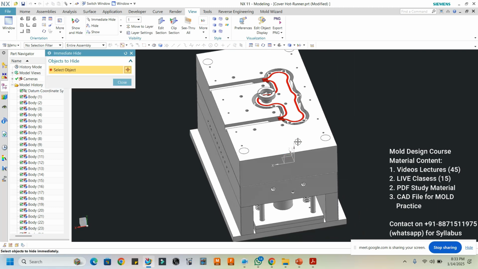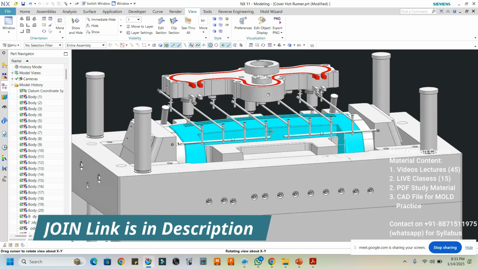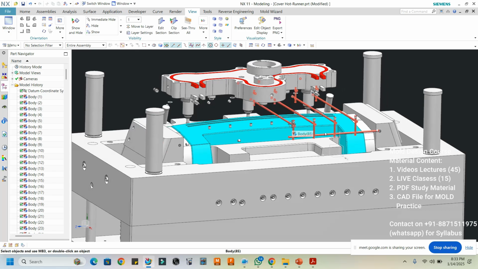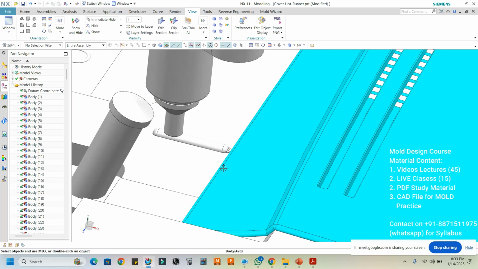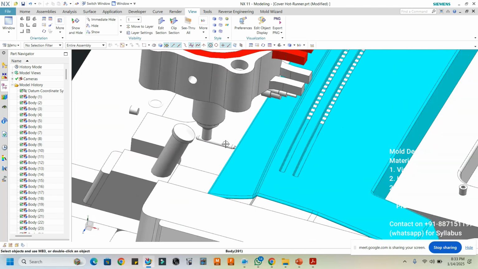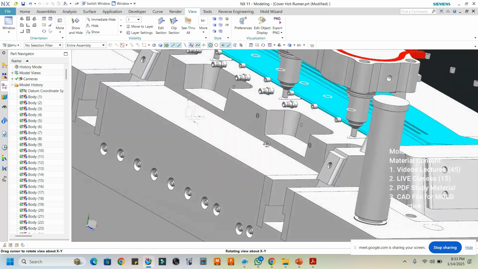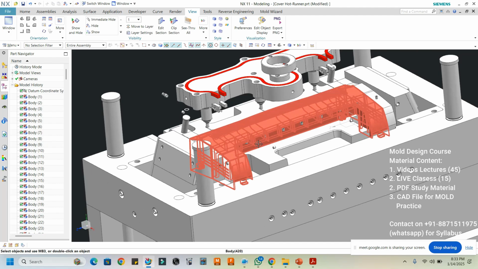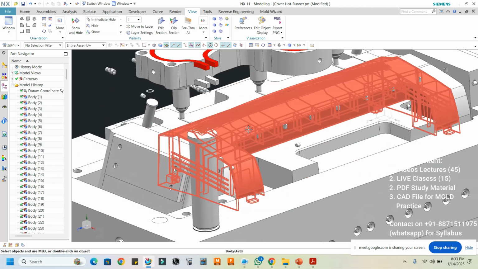Now see here, this is the cooling. See, cooling lines. Now see, as I told you, the customer required an edge cutting system. So that's why we have to provide the nozzle directly to the runner to the gate, an edge gate or fan gate, whatever you want. Fan gate or tab gate we can use there.